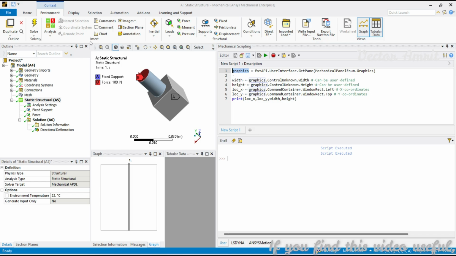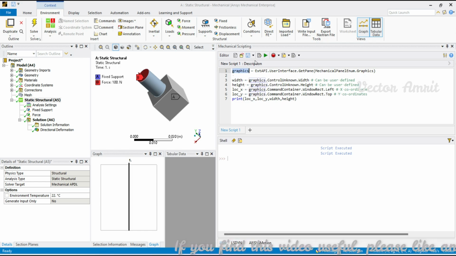coordinates where this pane is. This is the pane, right? So in this pane, I need the location x and y, what is the width of this, and what is the height of it. These are the variables from where you can get width, height, left and right. You can also have your own coordinate system. For example, if you want to capture the full window, you can also do that. But right now I want to get specific to this graphics pane, so that's why I have mentioned graphics dot